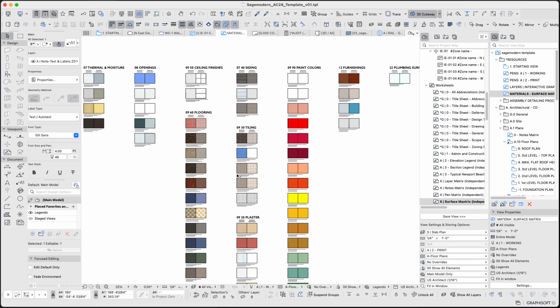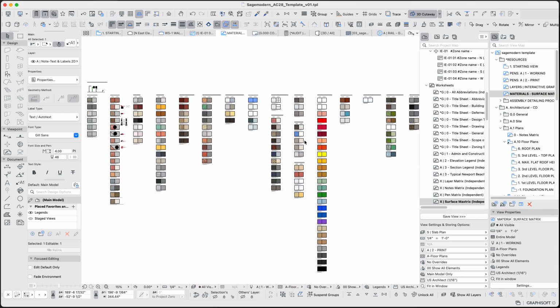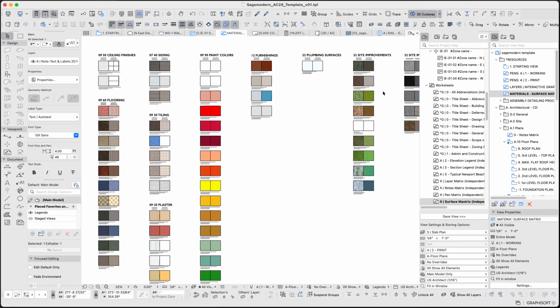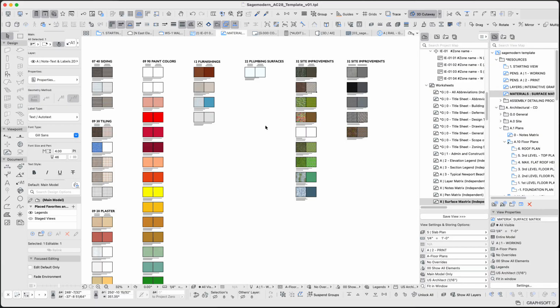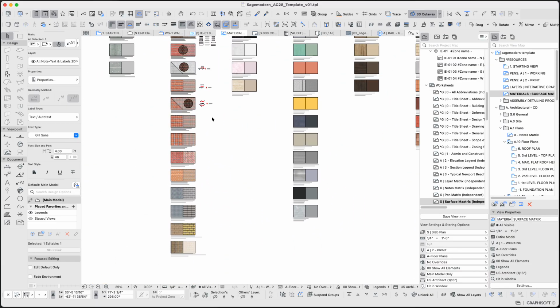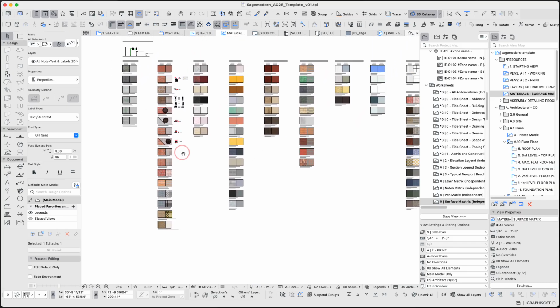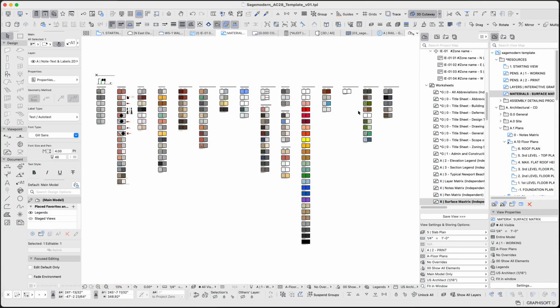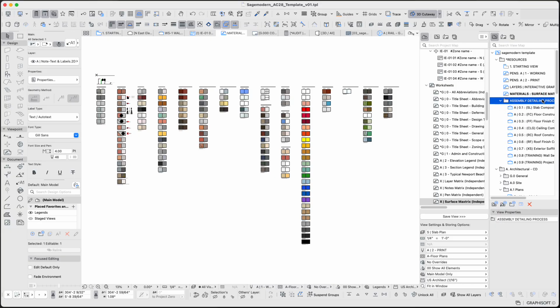Different sidings, tiles, brick. Some of this is the out-of-the-box stuff that came with ArchiCAD, so I didn't change a ton of it. I did limit some of the bricks, but I kept them in there. I use brick veneer in some Newport projects, and I've done it before in some other Tahoe projects, so that's why I left the brick and the CMUs there. So that's the materials matrix that's located in the resources,